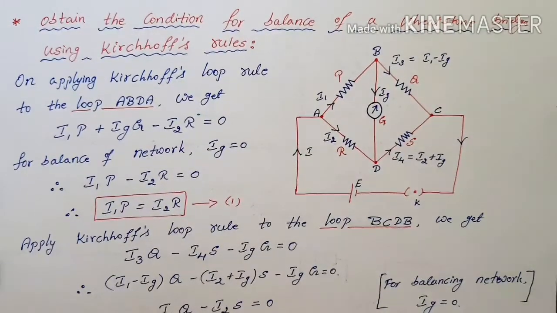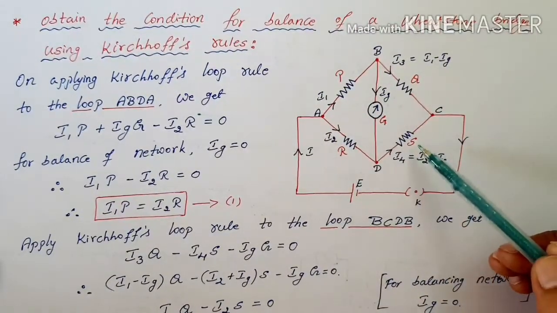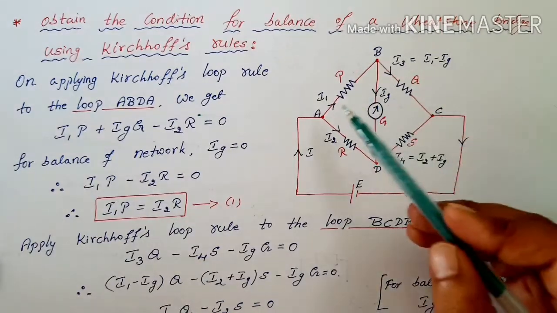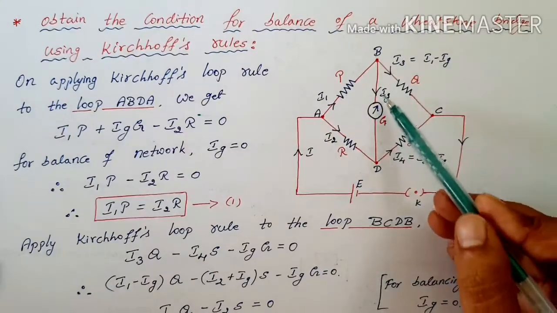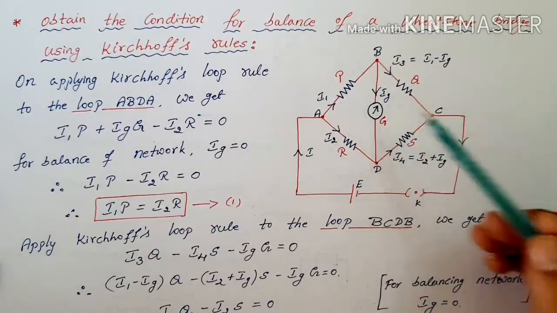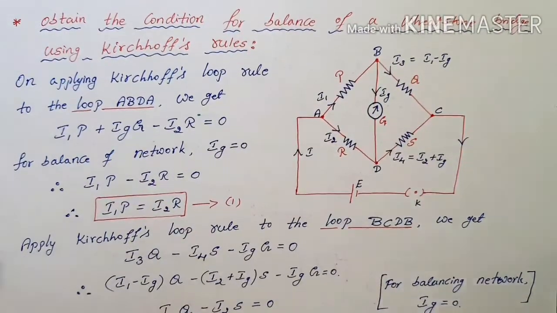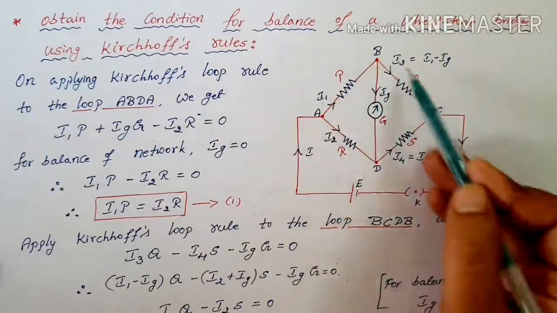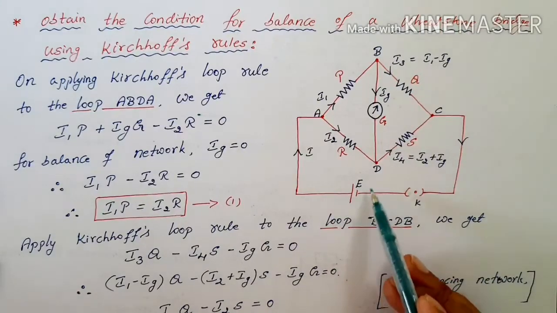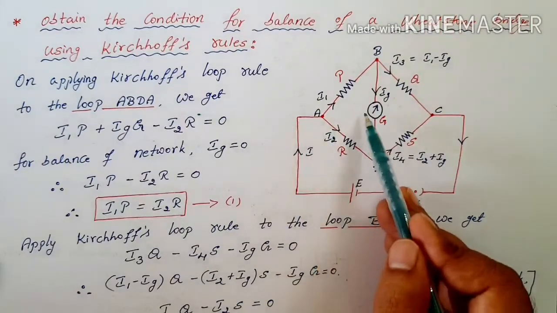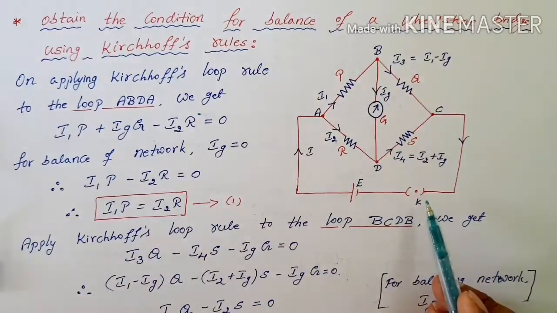Observe the electrical network. P, Q, R, S are the 4 resistances connected in quadrilateral form A, B, C, D, and the middle arm BD contains a galvanometer. As I said, a galvanometer is a device which detects the current in a circuit. And how do we get the current for this part? That is from the cell, the major source. We connected a cell here which gives current to the network, and it is operated with the key. The key is used just to switch on and off.